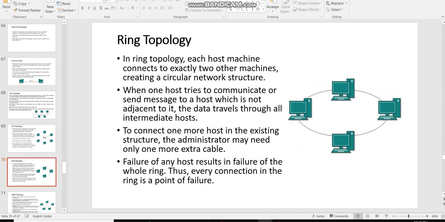Ring topology. What is ring topology? In this topology, each host machine connects to exactly two other machines, creating a circular network structure. When a host tries to communicate or send a message to a host which is not adjacent, the data travels through all intermediate hosts. When the machines are connected in a circular ring, you can see this in the figure, the data travels through all the machines in ring topology. To connect one more host in the existing structure,